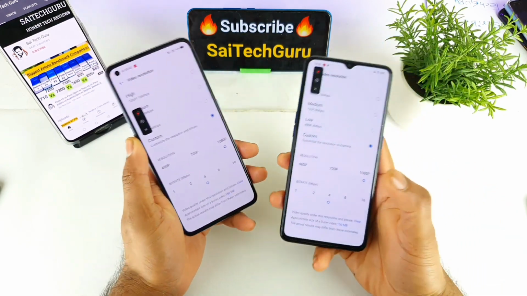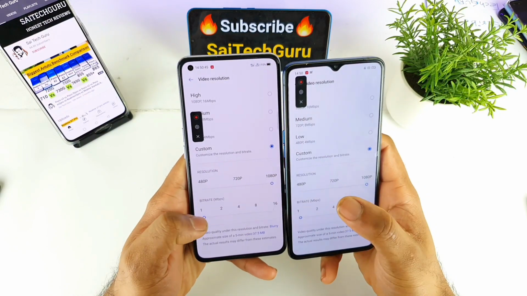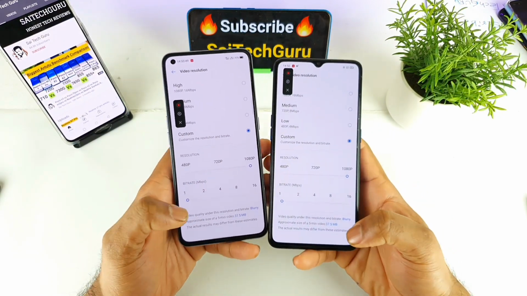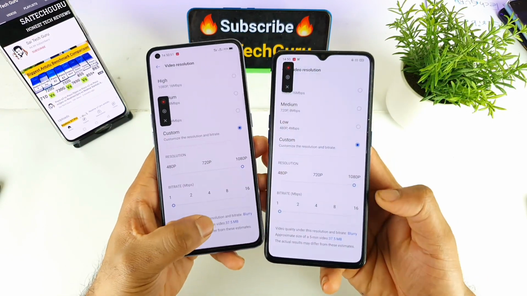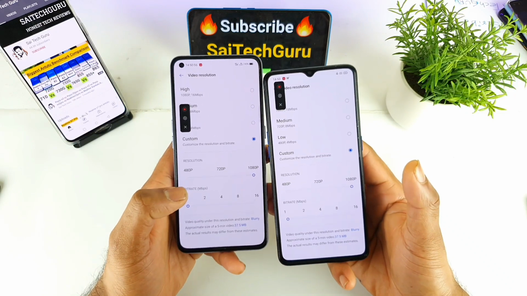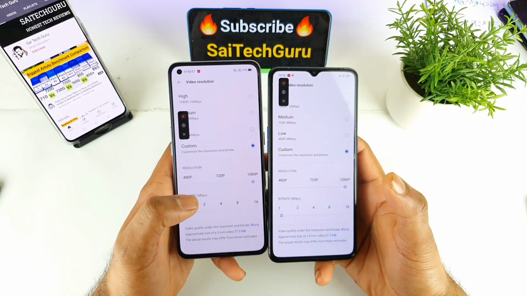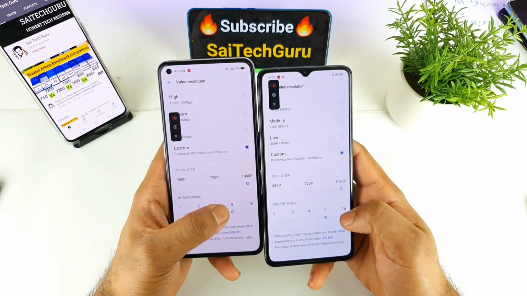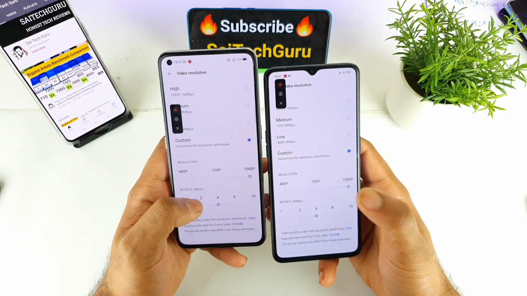I did a video on that one as well. But overall, friends, you have this flexibility where you can select how much bitrate you want and see the size as well. For a 5 minute clip, 37 MB. So for 1 hour, how much will it take? For 30 minutes, how much will it take? You can calculate, and depending on that, you can choose different settings here. This will be really useful for most of the users.